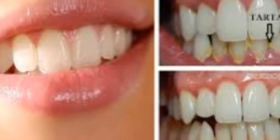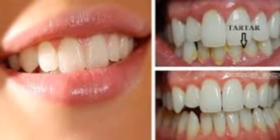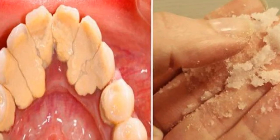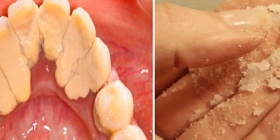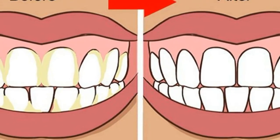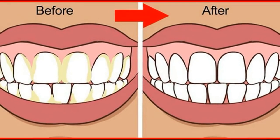How to naturally remove plaque and tartar from teeth. Plaque is a sticky, soft film of bacteria that builds up on your teeth, dental fillings, gums, tongue, dentures, and crowns. When multiple layers of plaque combine with minerals present in your saliva, it hardens into a white, chalky calcified